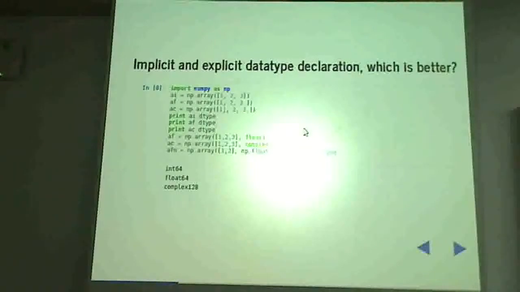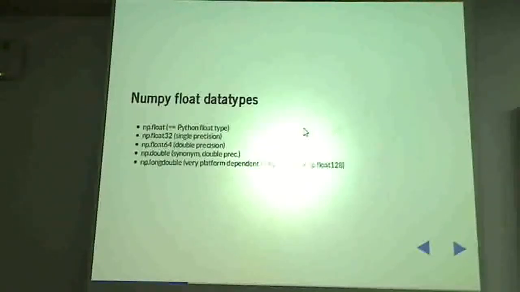Similarly here I have declared it as complex, so the data type of this array AC will be complex. You can also, equivalently to this, instead of the string float, say np.float, which is just a constant which maps onto the float data type. This is a cleaner, more preferred way of doing it. Do it explicitly. In Fortran you have to: you have to declare it's an integer type or a float type, you can't proceed otherwise. So follow that practice.